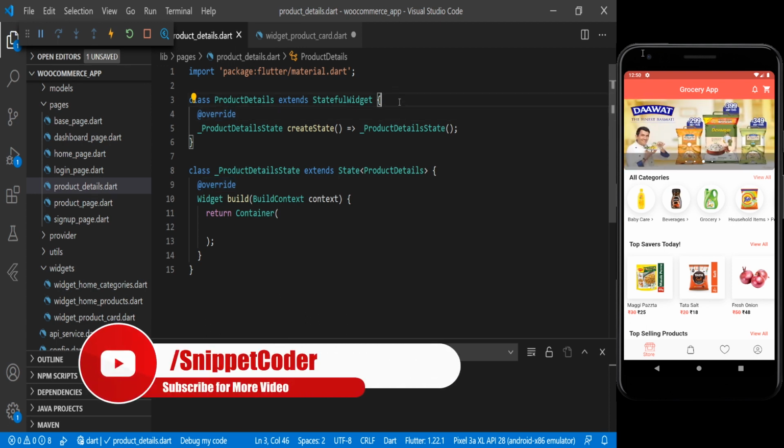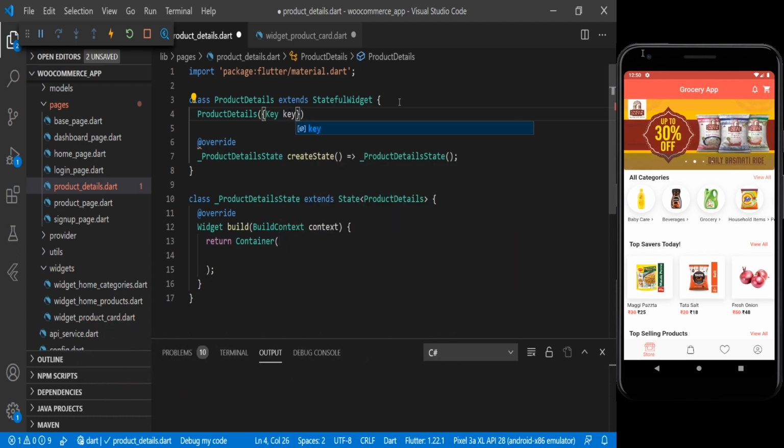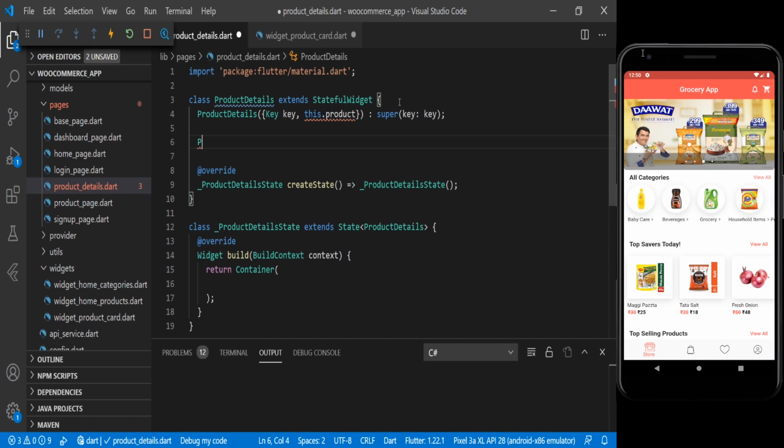And now here we will pass our model, and that model will be the product, and here we will add the product detail constructor: key, then this.product, and here we will have product.